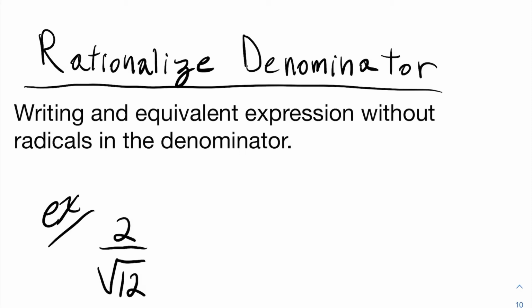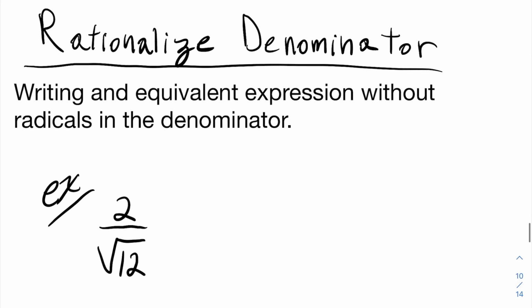Alright, so now we'll be rationalizing denominators. So rationalizing a denominator, what is that? Well, rationalizing a denominator means writing an equivalent expression without radicals in the denominator. So, taking a look at this problem, this example,